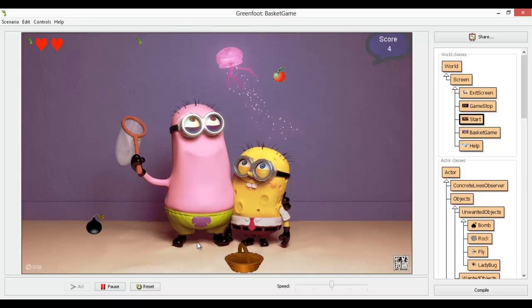So another pattern that we have implemented is the decorator pattern. This has been implemented to calculate scores depending upon the type of the wanted objects received by the basket. So different types of fruit objects calculate different score values using a decorator pattern. For example,